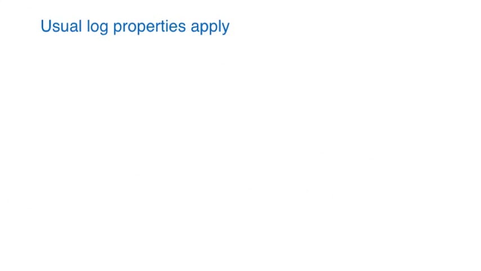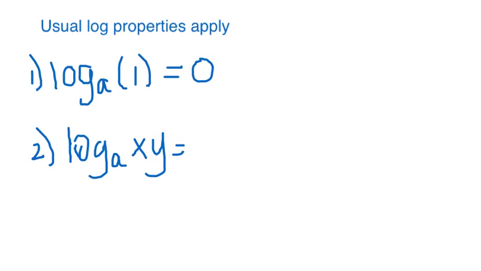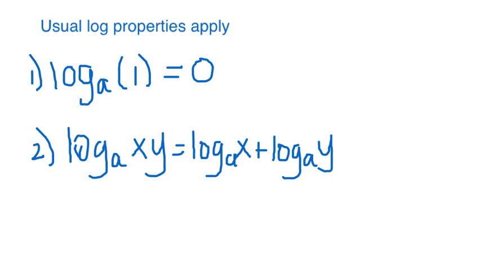All right, just recall the usual properties of logs. The log base a of 1 is just 0. This means a to the 0 power is 1. Okay, secondly, the log base a of some product, x times y, is equal to the sum, log base a of x plus log base a of y. Okay, third,